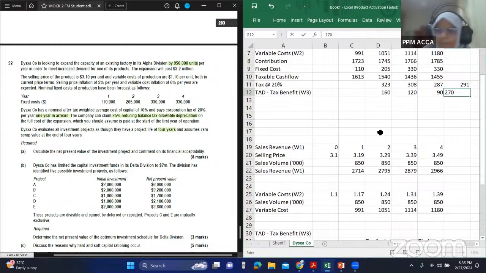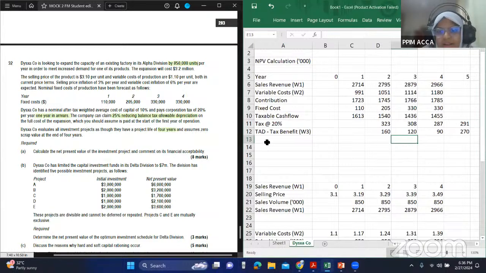Okay. So now we have done the adjustment for the tax allowable depreciation as well. Now what we can do is, sometimes it's like this. You can include the investment here as well, if you want. I will include it now. But if you're going to use the spreadsheet, there is something called an NPV function. If you're going to use the NPV function, then it's better to not put year 0. You can do the investment separately. So first, let's do it without the function. Later, I'll show you how to do it with the function also, if you're interested.